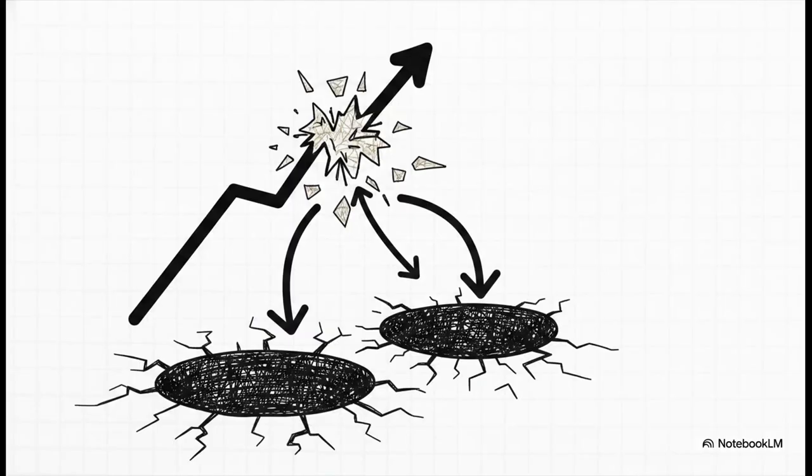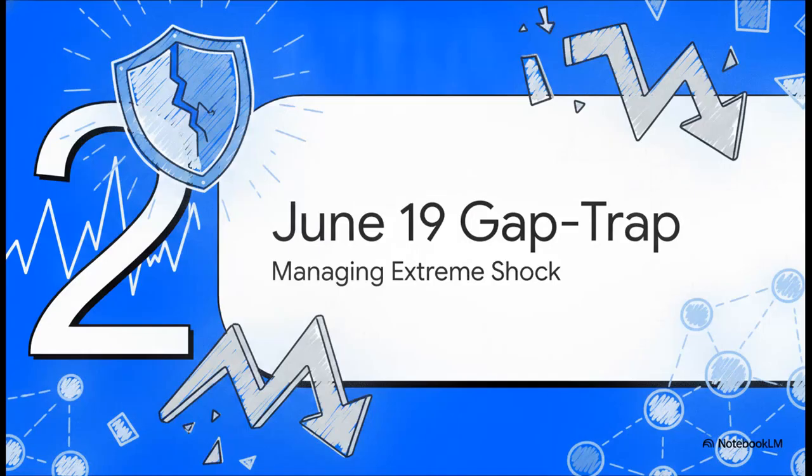Now, while we're analyzing this void, we really have to remember that older charts still have multiple unfilled empty gap ups sitting way below the current price action. In deterministic analysis, these unfilled gaps act like a structural vacuum. It's a persistent gravitational pull. Basically, it creates a constant looming vulnerability and a downward target for the market the second structural support starts to fracture. Moving right along to Section 2, the June 19 gap trap.